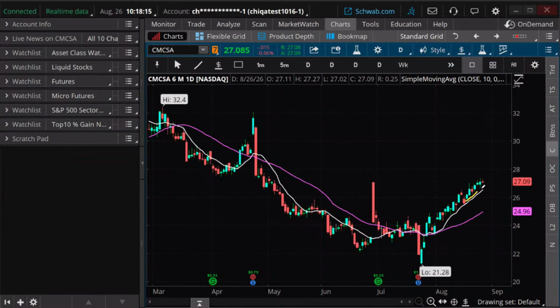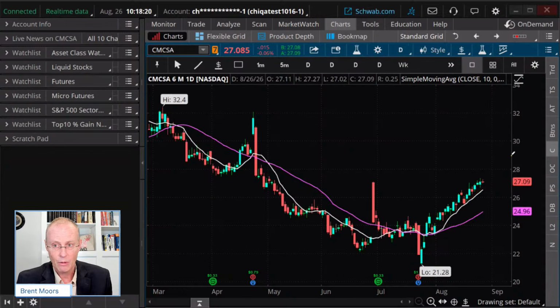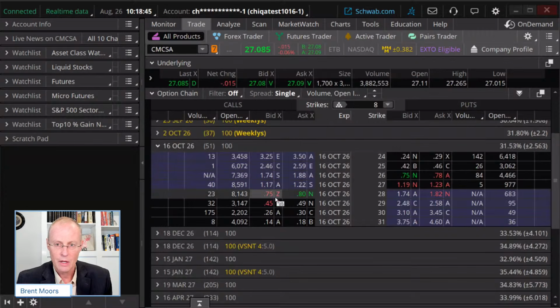I'm going to say, if it continues where it's going, which is my expectation, though it may very well not, it's likely not to get above here. I don't think we're looking up there probably. So I'm going to cap it down here, maybe around the 29. And I also want to get out if it starts to break, and we'll say 26 is where. So I'm going to go with a 26/29 long call vertical. The 29, the higher strike on a long call vertical, is the one where you think it has more potential to reach, okay?